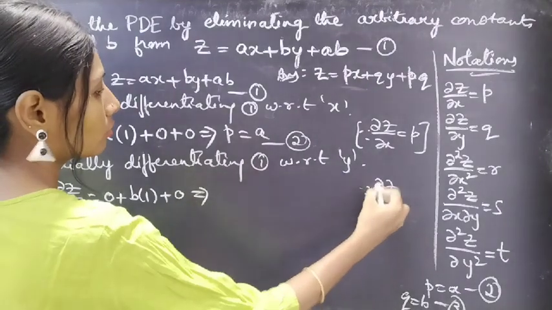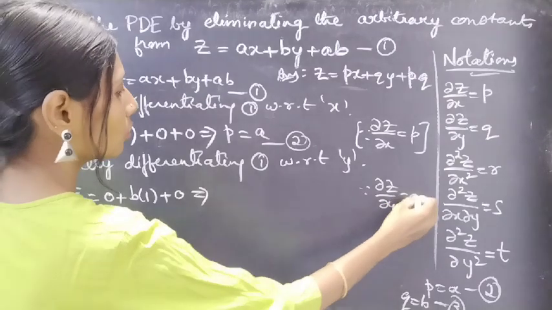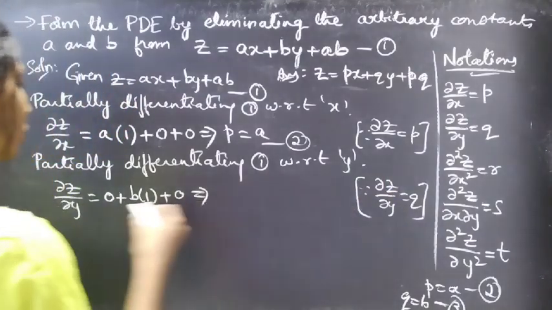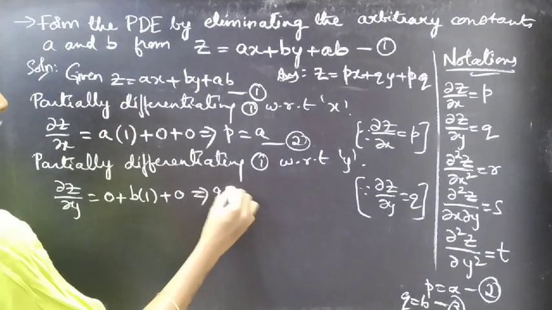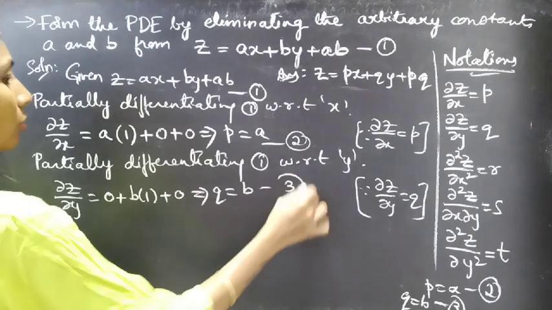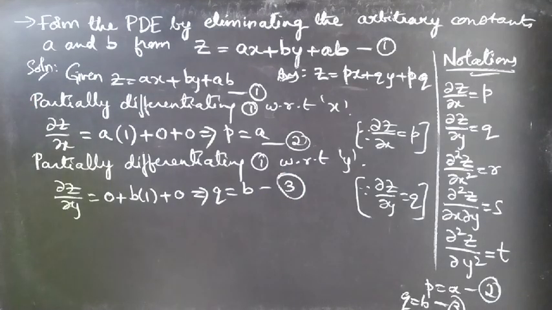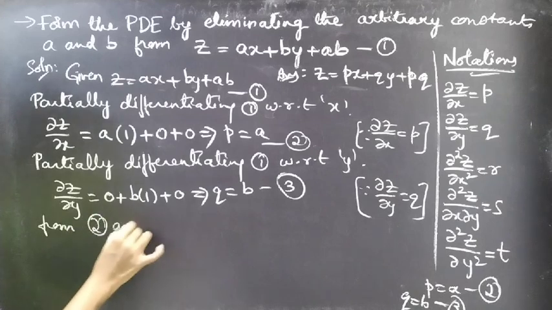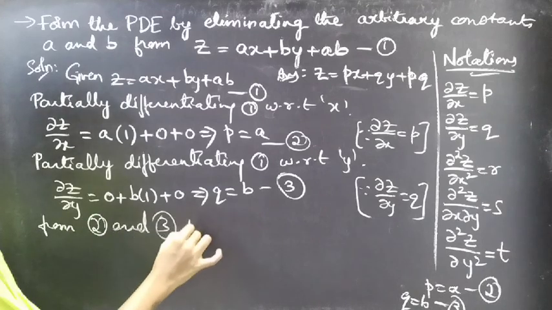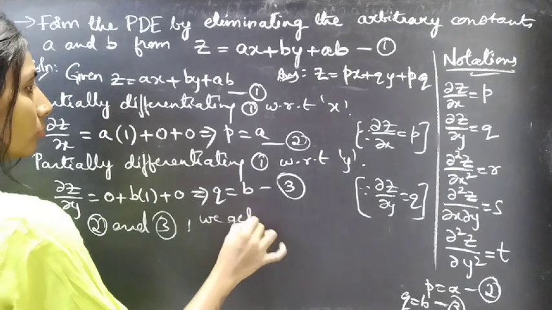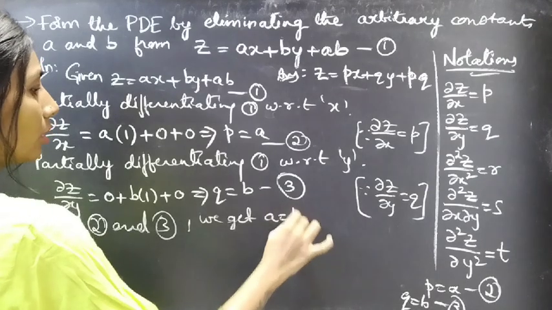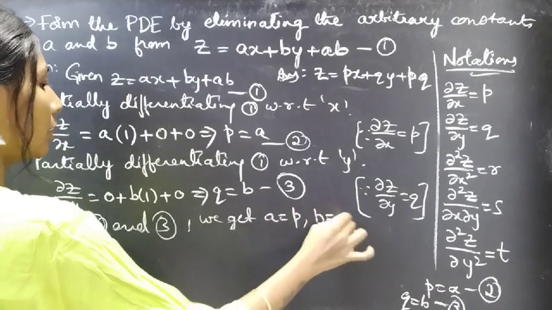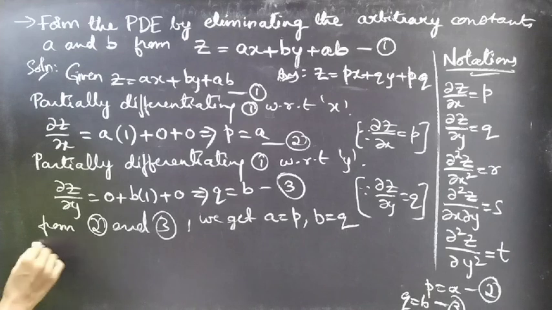Since we have notation dou z by dou y equal to q, let's replace dou z by dou y by q. We'll get q equal to b into 1, b. This is considered as equation 3. So from 2 and 3 we'll get a equal to p and b equal to q, right? So substitute,